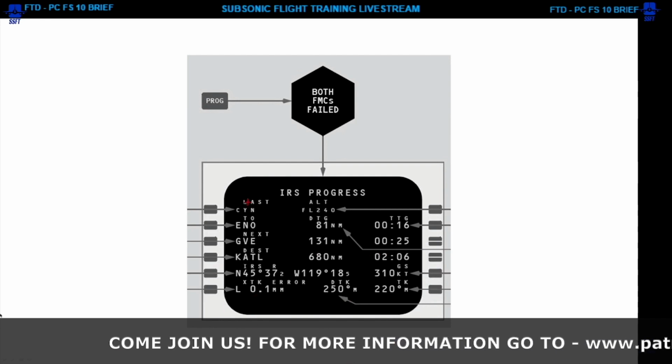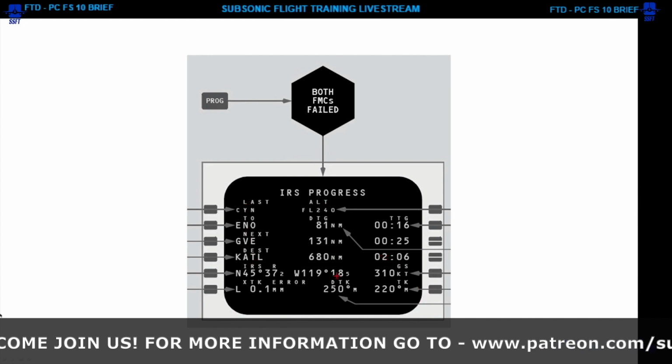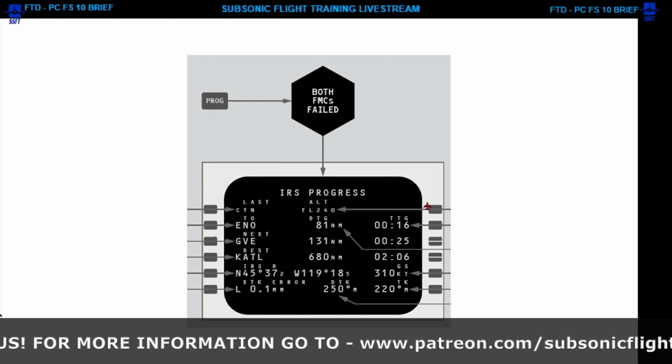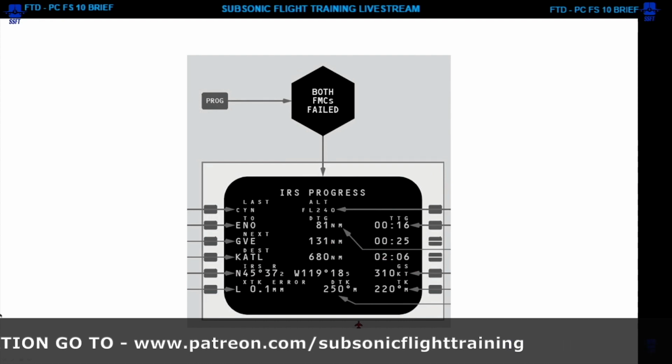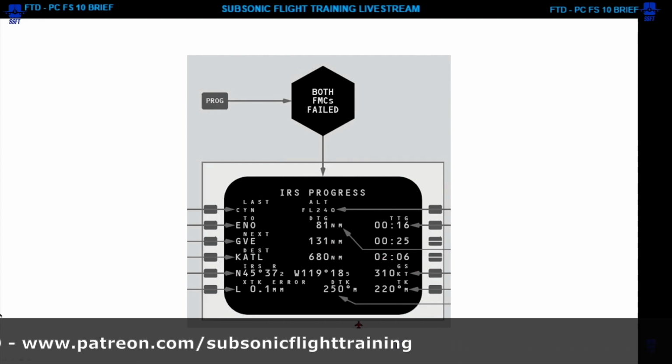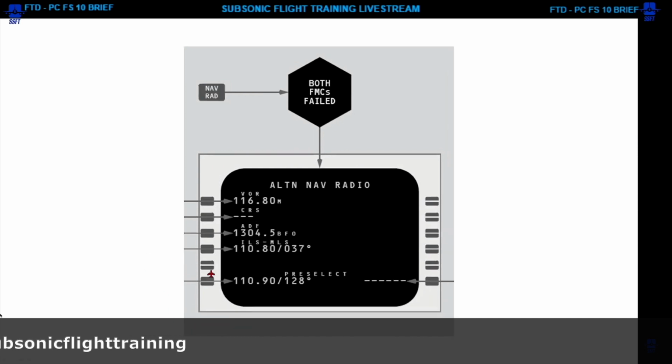So the progress page is actually pretty similar, except it just doesn't have those nice ETAs. And it's got some additional information down here that you didn't have on the normal progress page. And then the alternate nav-rad page is going to be different in the sense that you're just going to see